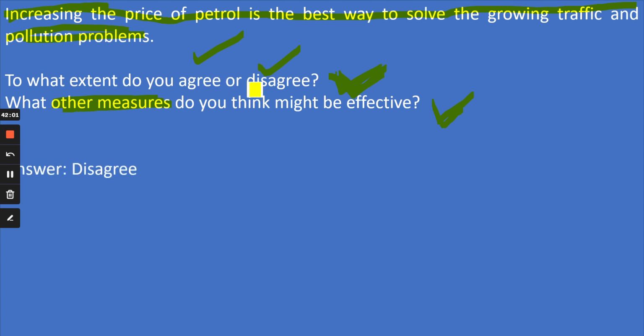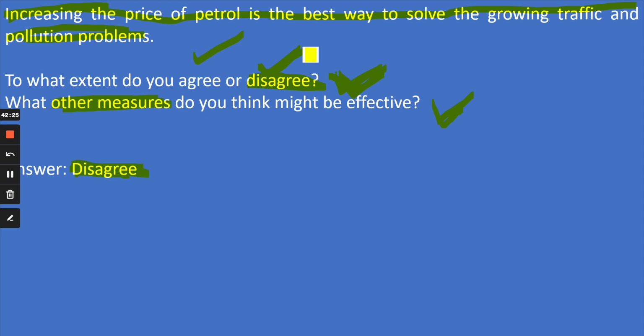Suppose I go with disagree. Now there are some people, okay, when I checked the essays of my candidates on this topic, most of them have chosen disagree. I don't know for what reason. Why? I think I understood after some time. They picked disagree on the basis of emotions. So what the hell am I trying to say? Okay, so they were like this.